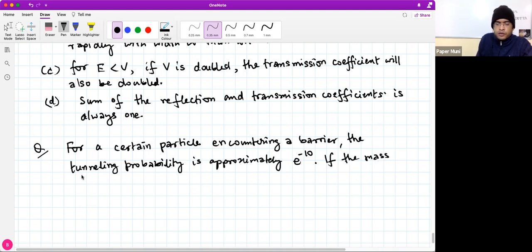If the mass of the particle is halved, and let me write down this halved neatly, and the width of the barrier